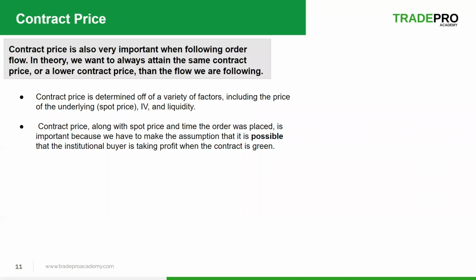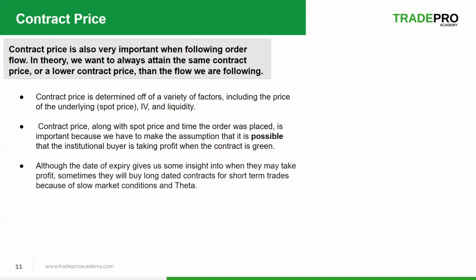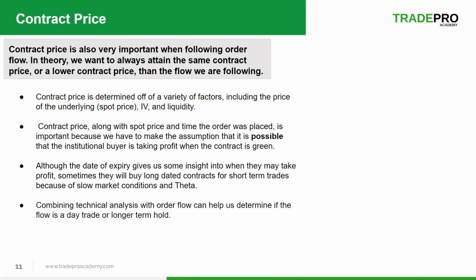because we have to make the assumption that it is possible that the institutional buyer is taking profit when the contract is green. Although the date of expiry gives us some insight into when they may take profit, sometimes they will buy long-dated contracts for short-term trades because of slow market conditions and theta. They do not want theta to be a factor if they're going long. So combining technical analysis, once again, with order flow can help us determine if the flow is a day trade